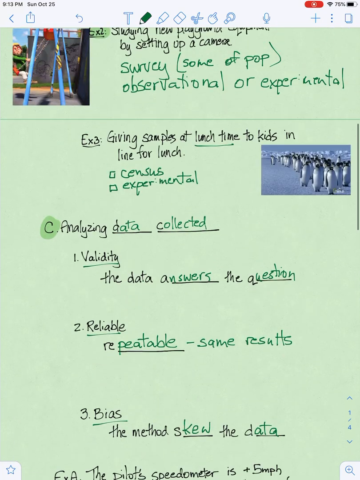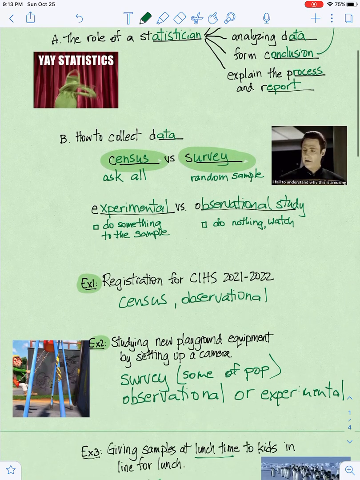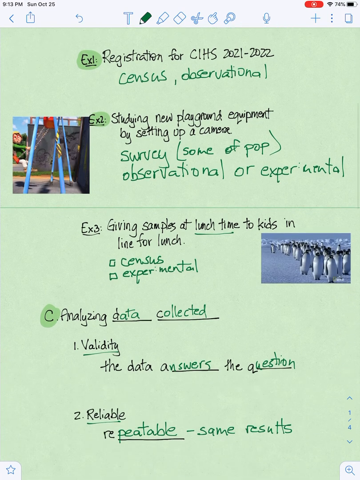The problems are listed in Schoology. Again, there are three main questions we're going to be asking you. Number one, the role of the statistician. Number two, how do you collect the data? And letter C, analyzing how the data is collected. Hopefully these